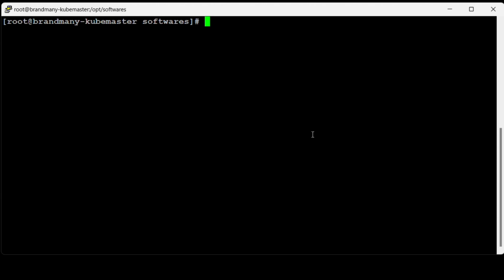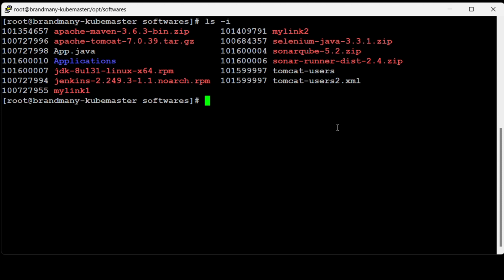So let us talk about this file system. In this file system, when we use this command, i refers to the inode. And this is the inode number actually. Okay, let us talk about this one. This is the inode number